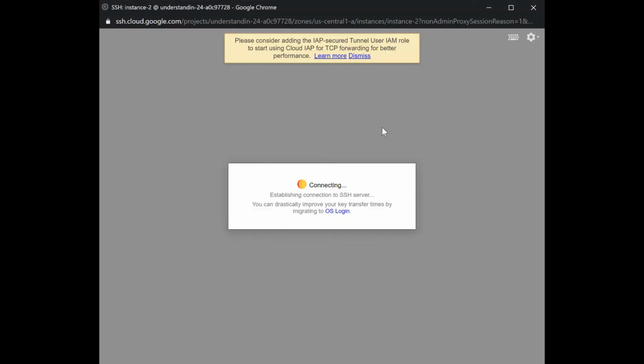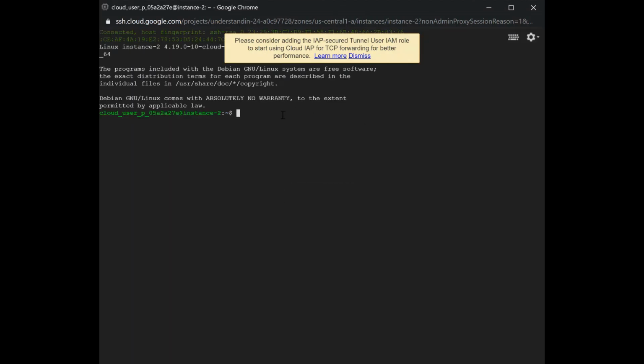So here I am doing SSH to instance 2. I will try to do the same thing, that is I will try to read the bucket in my storage as well as I will try to write a file into the bucket. So I'm at the instance 2. So what I'm going to do is I'm just going to run the command. I'll first of all list down my bucket again just to copy it in case it's not being copied properly. So I will just write my command here and I will do Control V and it's good to go.